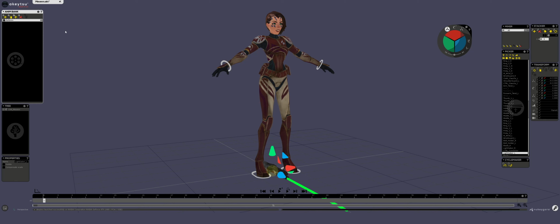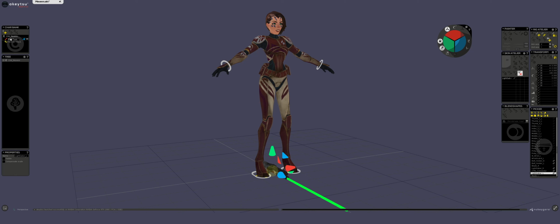Think of it as the reference pose we have in the rig, or the bind pose here, since I didn't make a reference pose. This pose is the one that the software will call back every time you reset a joint,